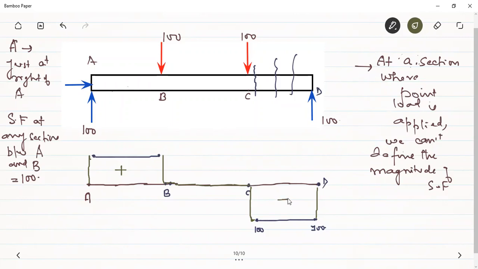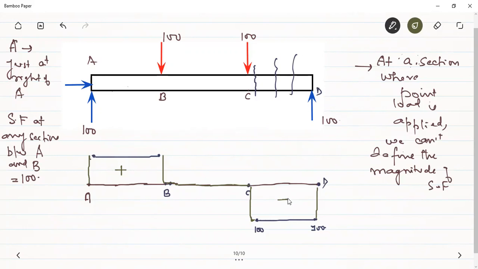There would have been an infinite number of sections in the beam, but we have taken only a few sections and we have got the magnitude of the shear force throughout the beam. Now, which is the critical part of the beam? If we take the shear force as the criterion, A to B is the critical part because the shear force is maximum there. Again, the shear force is maximum from C to D. So in between A and B or in between C and D, if we design for any section, that is the critical section, which is carrying the maximum load.